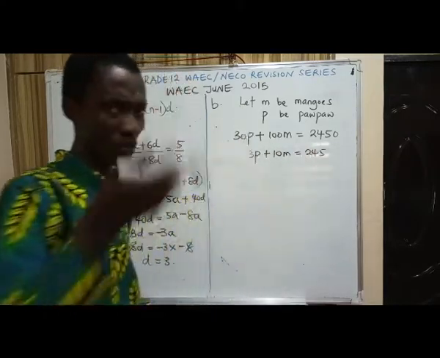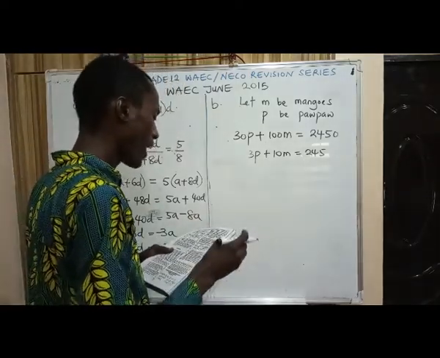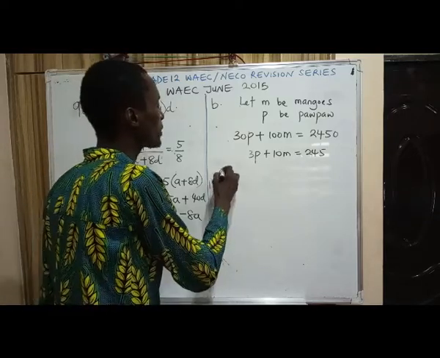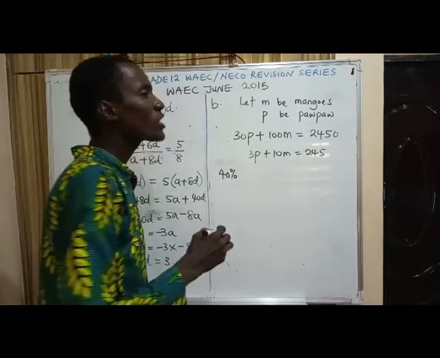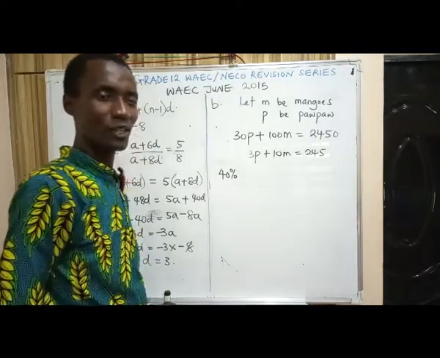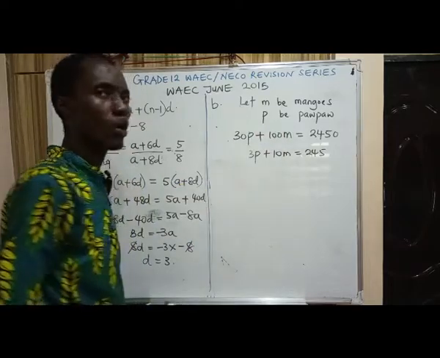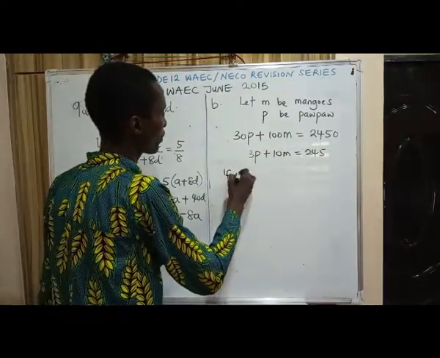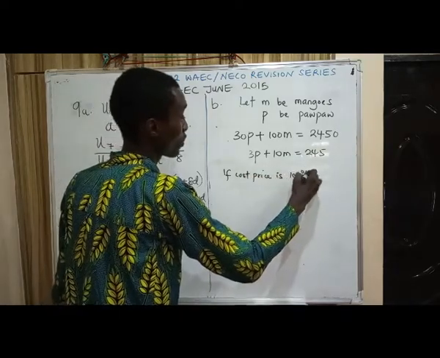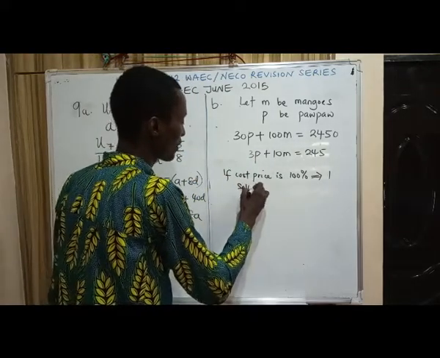Now, these are things you need to see as you solve problems. Now, the next thing you're told is that she sold the pawpaw at a profit of what? 40%. Now, what does 40% mean? 40% means 100 plus 40. So if this is a cost price, the selling price is going to be what? If cost price is 100%, which would imply 1, it means that the selling price